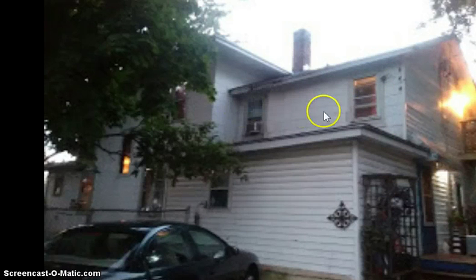I'm not going to explain where everything is, but I will tell you that we have 3 bathrooms in this house. We have 2 kitchens. We have 6 bedrooms. We have 2 living rooms, 2 wash rooms with washer and dryer in each one. We have a front porch. I'll show you a little bit more of that. And I have a driveway. I don't have a garage,